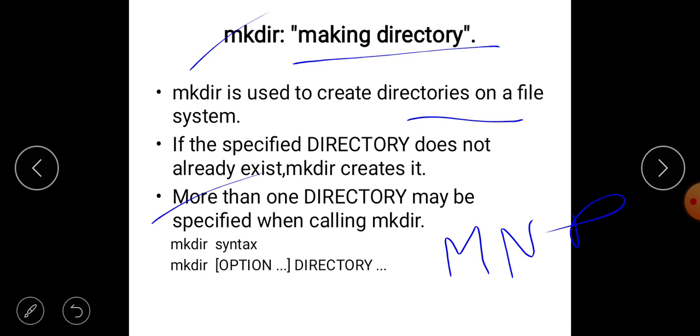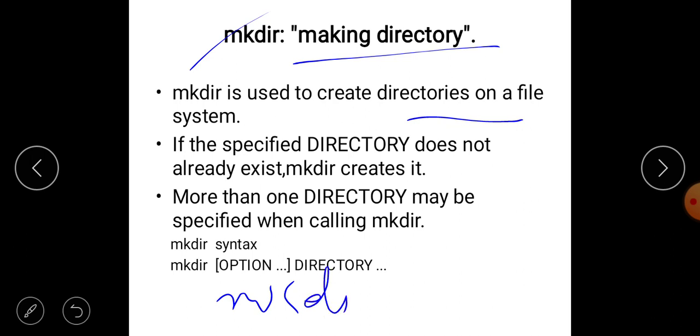You can also create them using mkdir. How? Give space m, give space n, give space r.